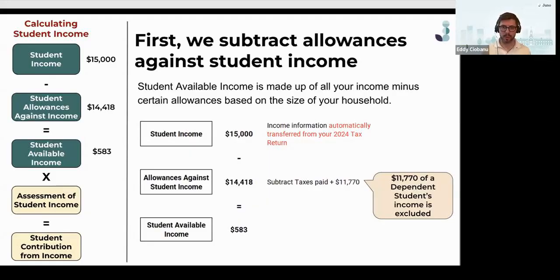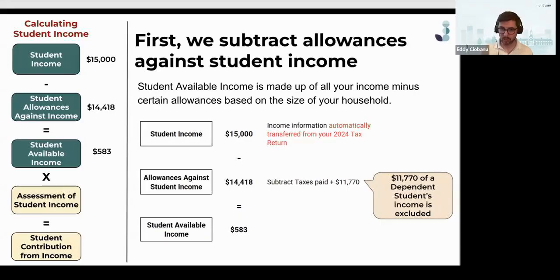So don't worry about that in terms of being required to include the transfer in your application, because that will make the process a lot simpler. Now, similar to how we did the parent income, we have a few allowances for the student income. So we'll subtract taxes paid on the $15,000. And then for dependent students,